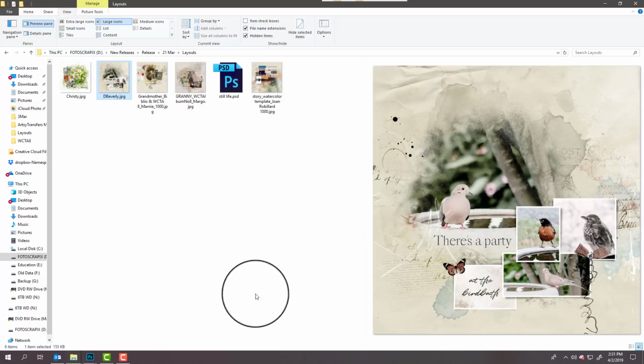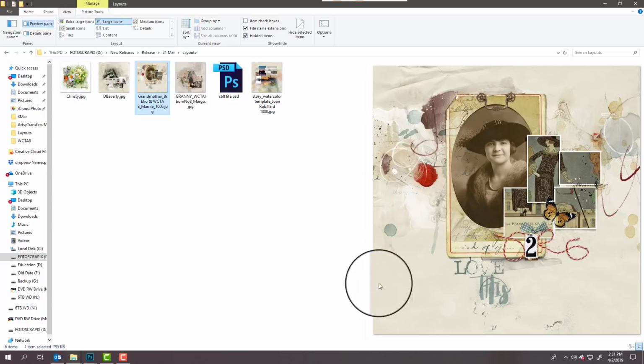Really like how Beverly has used the white area of her photo here in order to add her title. Draws the eye in, and notice how the birds and the butterfly sort of create a visual triangle around that title. Marnie has